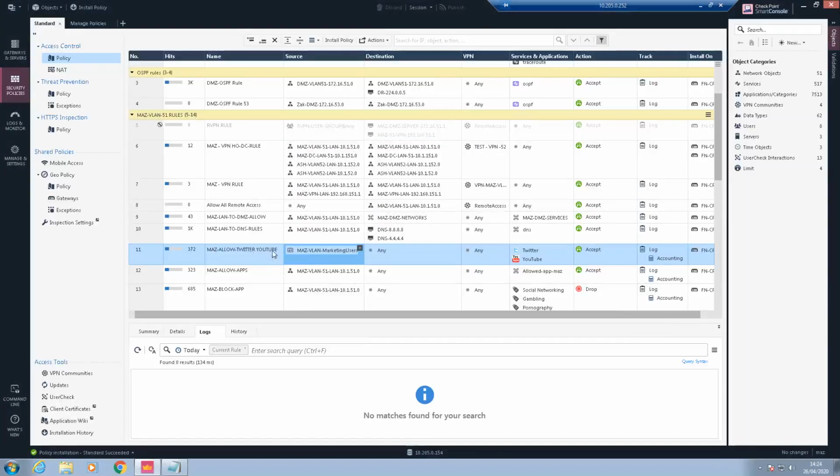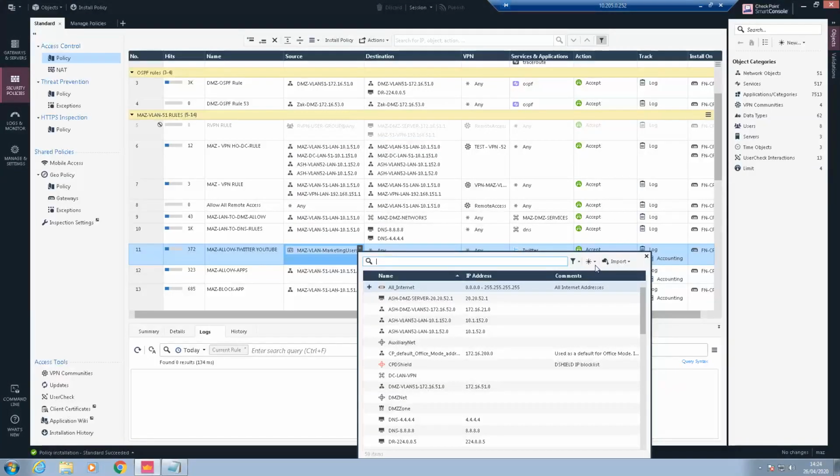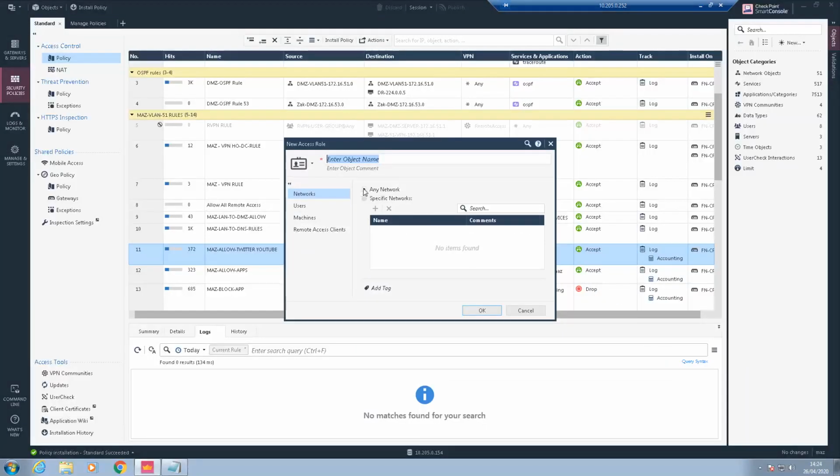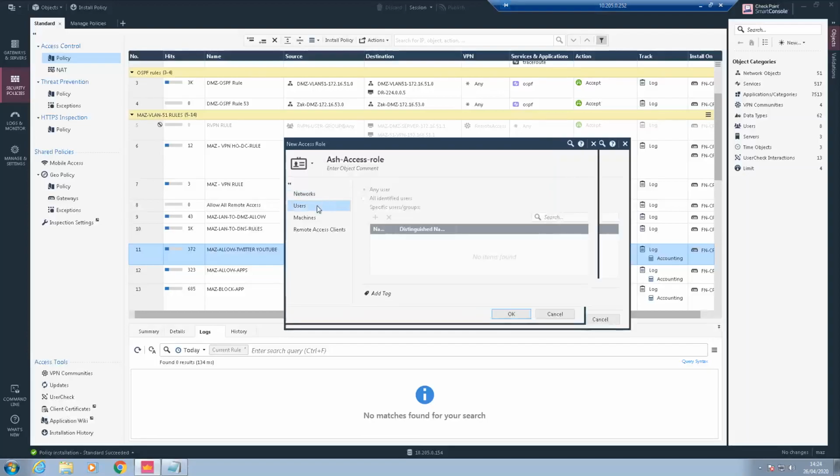You can create a new group and you can allow these users now. These user groups can be, you can create your own user group, access role, and from the access role, you will define any network, it doesn't matter, not any user, but a specific user group.